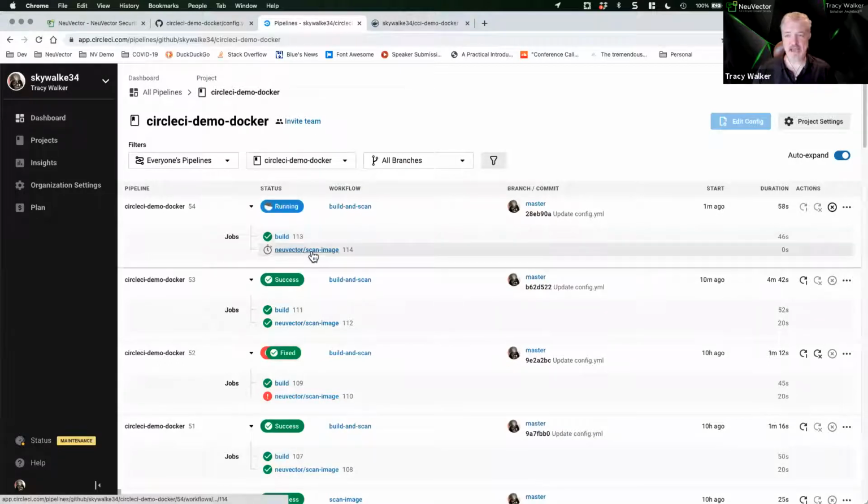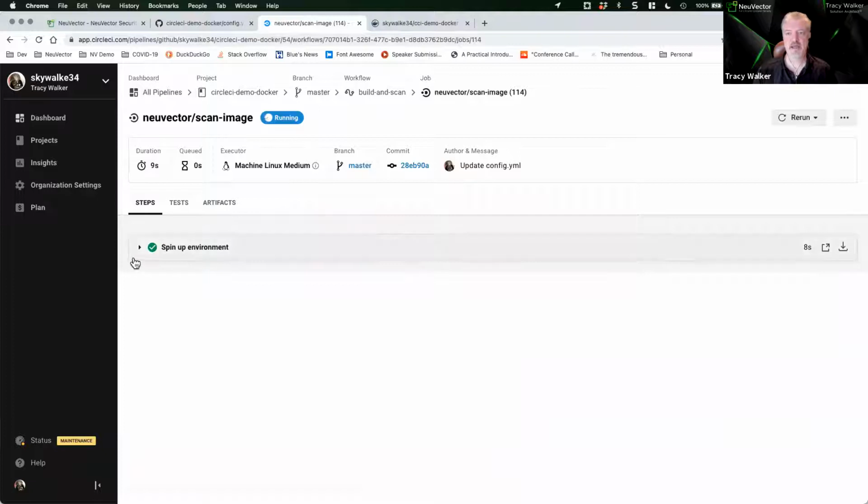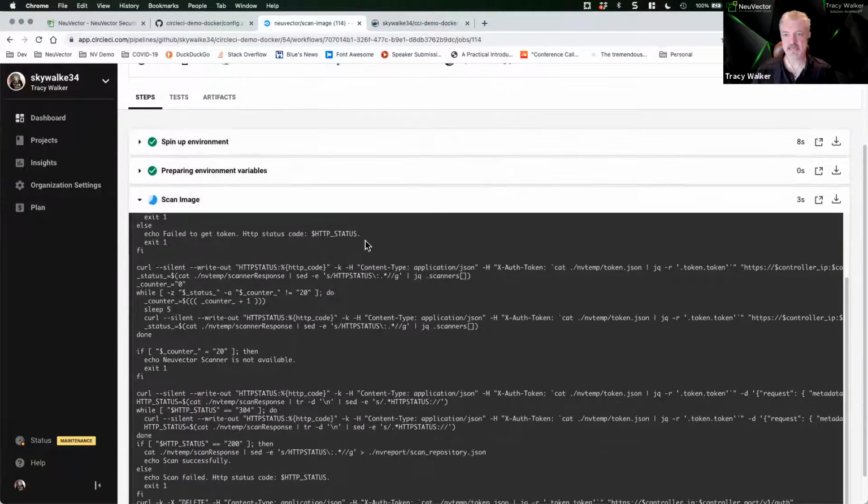And I will point out, since we're almost, so we've finished that, now we're at the NeuVector scan image portion where we're spinning up the environment, etc. And we do that scan. This will take also very little time. So now we're